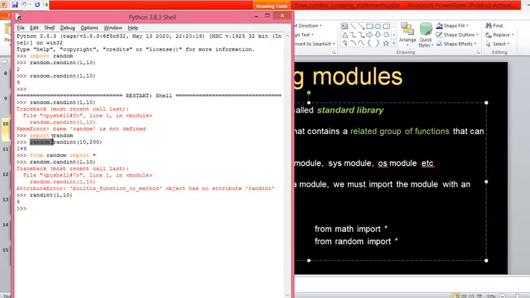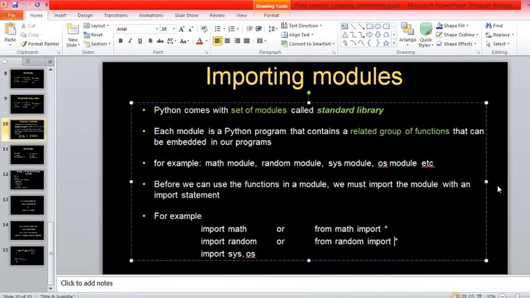Yes, sir. When you import this way, you need to always prefix random followed by the dot operator for the method to be referred. When you use the other way of importing, you need not prefix the name of the module with the dot operator. Directly you can write the function name with the required arguments. If you specify random dot with the dot operator, it will show the error message. You can see here, if you specify this one, it will show the error message. So these are the two different ways of importing the modules. Did you get this one now?